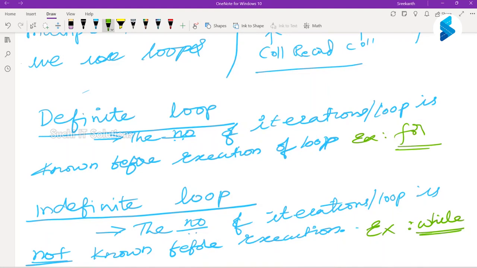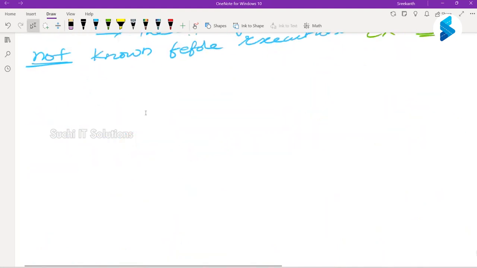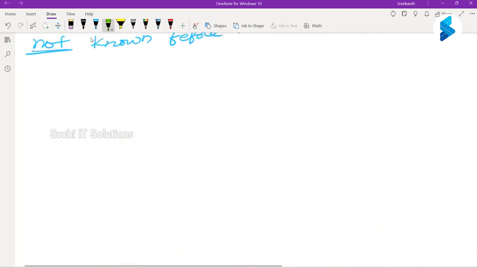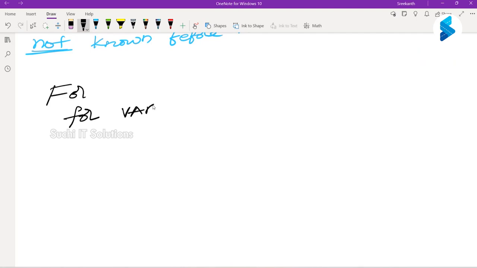Now we'll look at the syntax for a for loop. We'll get to the while loop, but we'll start with the for loop. For a for loop, you have to use a keyword called for, then a space, and you have to give a variable name, and then you have to use the term called in, and